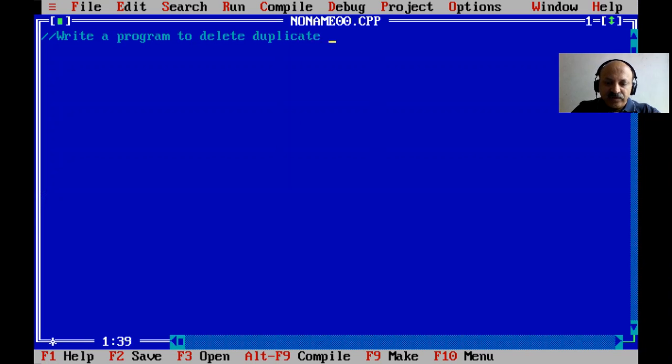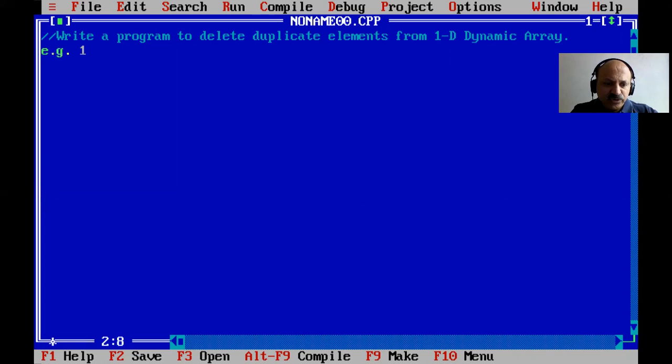duplicate elements from a 1D, we can say, dynamic array. So yes, that is our definition. You have to know dynamic, so we can use the malloc or free or calloc or free function. And duplicate, yes, I think you have to know.